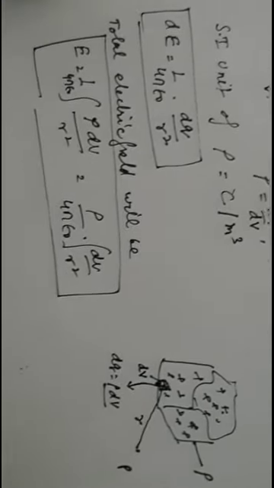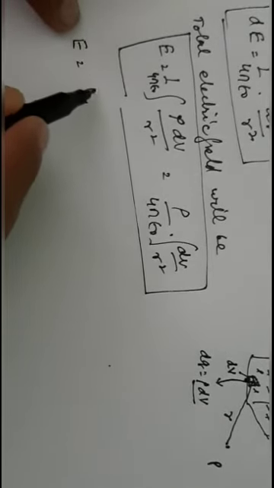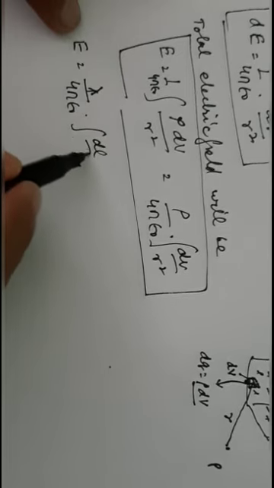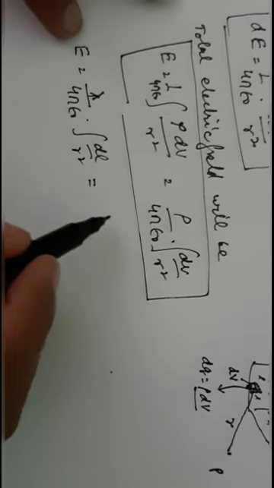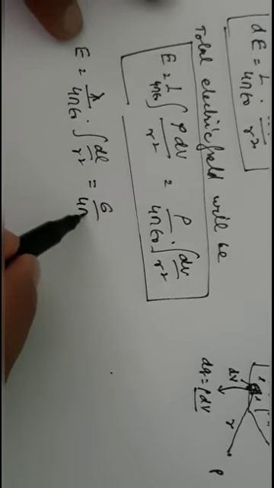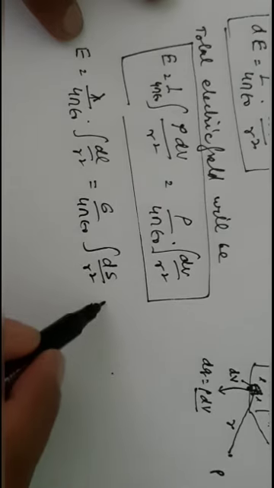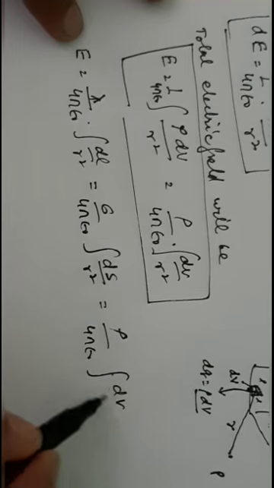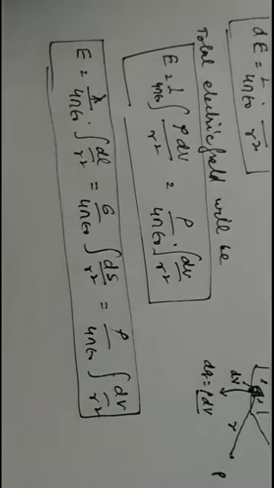If I combine and write all these things, it looks like this. The electric field is equal to, for linear charge distribution, lambda divided by 4 pi epsilon naught, integral of dl upon r square. For surface charge, sigma divided by 4 pi epsilon naught, integral of ds upon r square. Now volume charge, rho divided by 4 pi epsilon naught, integral of dV upon r square. So this is how we can calculate the electric field for different charge distributions.